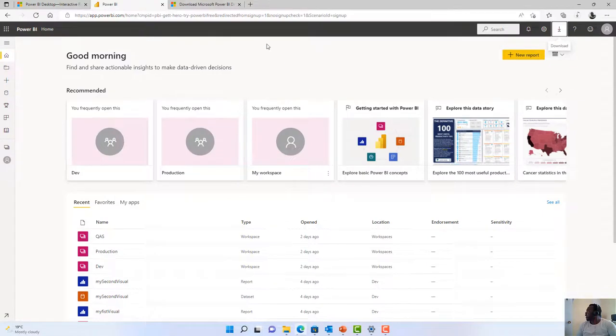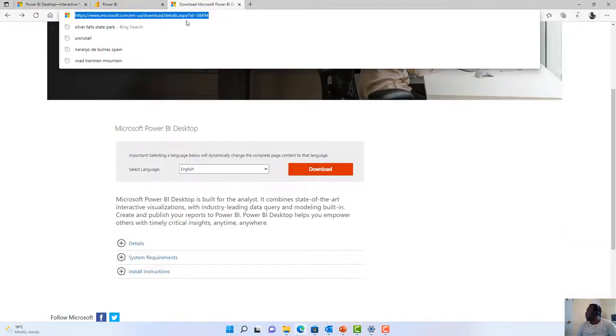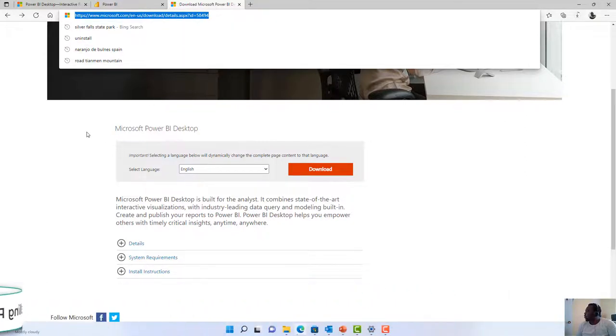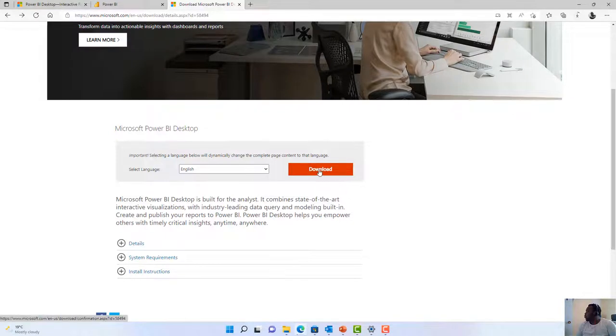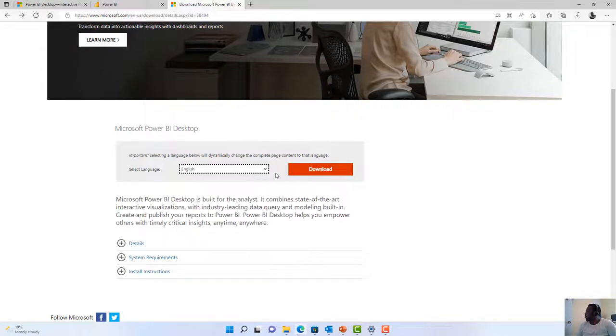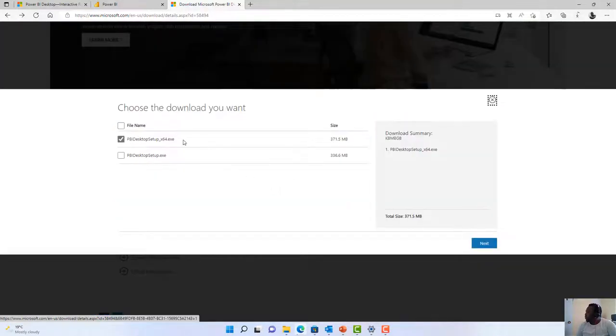And another way, the last way, is to come to this link. When you come to this link, you are on Microsoft Download Center. You just need to choose your language version of Power BI here. For example, here I will take the English version by default. I click on download. You will see you have the possibility to choose the 64-bit or the 32-bit. I will choose 64-bit because my PC is 64-bit, and you click next,